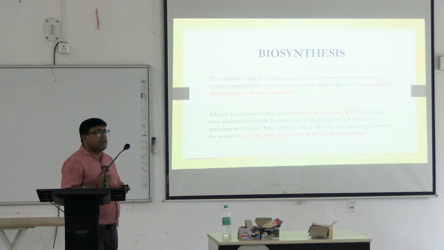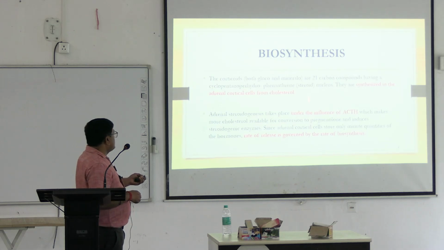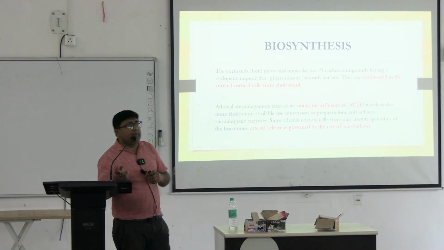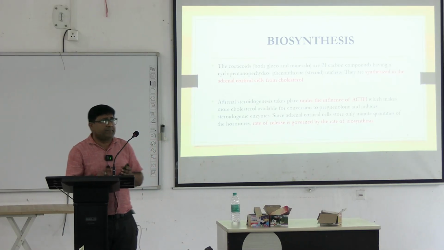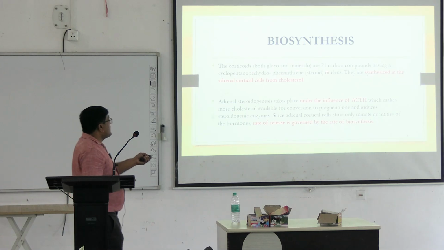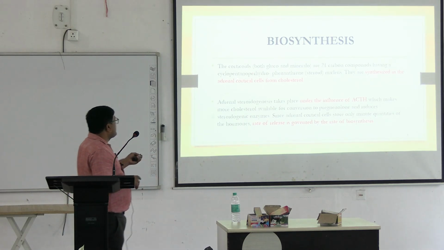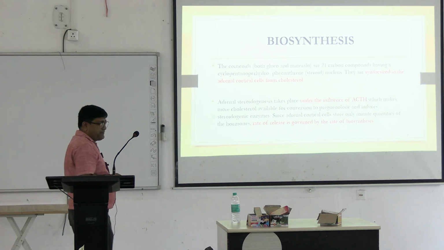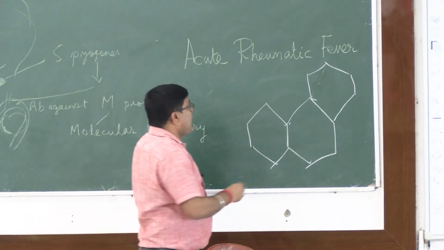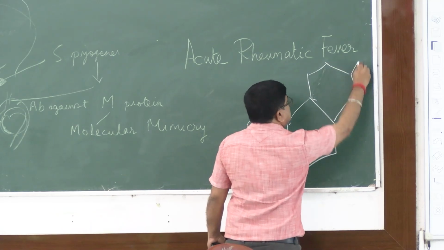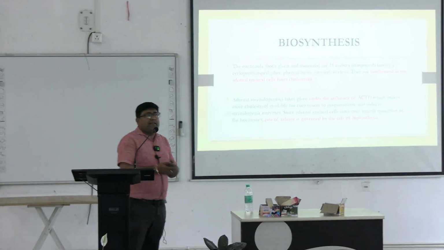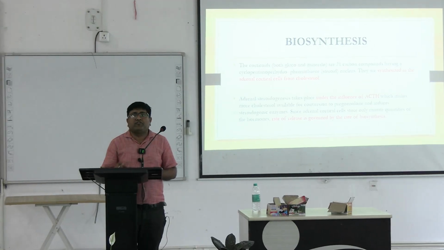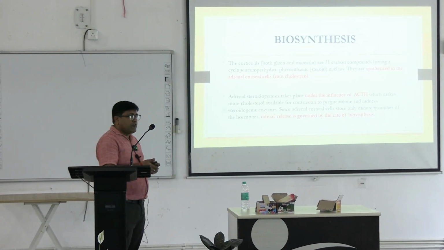Cholesterol is taken up by the adrenal gland, converted to pregnenolone, and further steps take place and steroids are synthesized. These corticoids are 21 carbon compounds having a cyclopentanoperhydrophenanthrene nucleus. This is a phenanthrene nucleus and here the cyclopentane ring is attached. This is the cyclopentanoperhydrophenanthrene ring. Adrenal steroid synthesis occurs under the influence of ACTH, adrenocorticotropic hormone released from